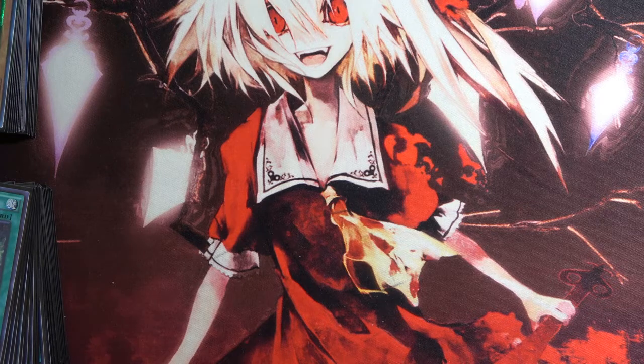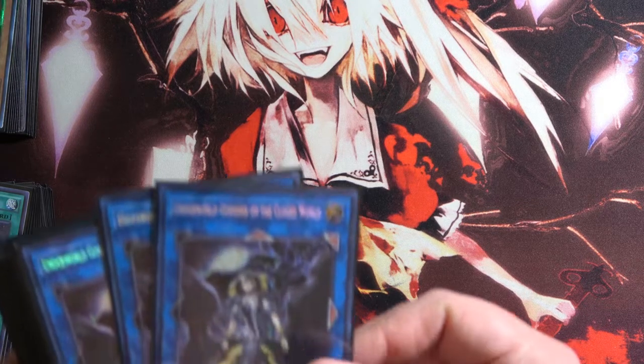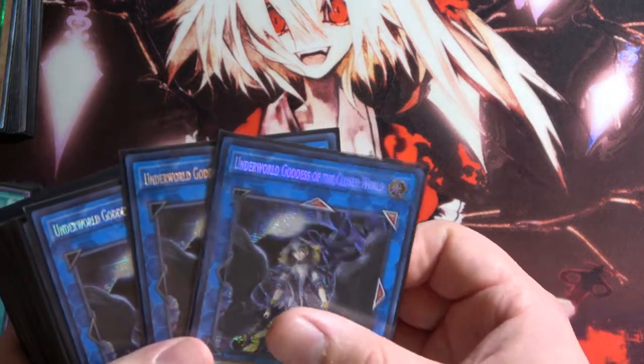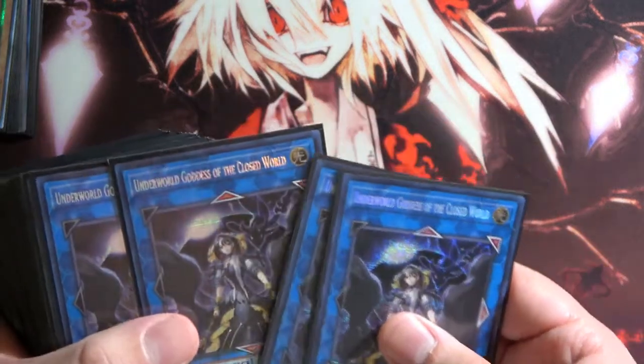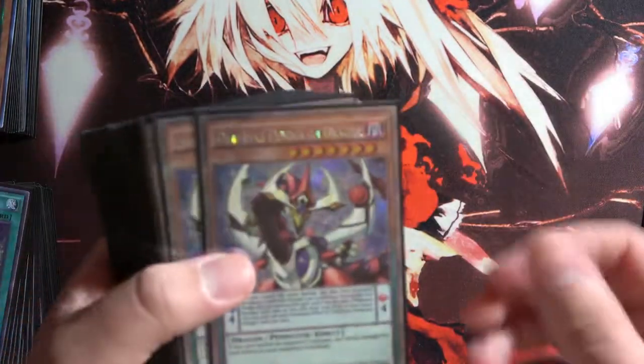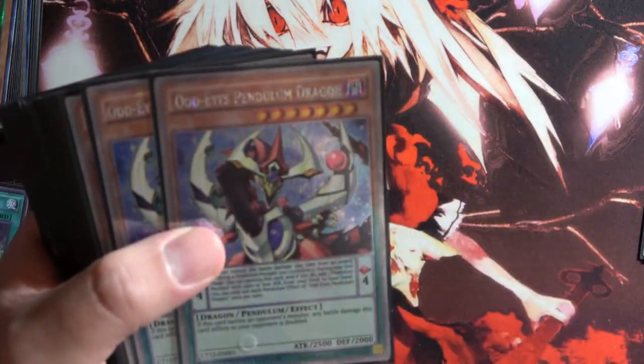Getting things kickstarted is going to be some of the extra deck stuff. I have a couple copies of the Prismatic Secret 1022 variants of Underworld Goddess. So I picked up a couple of these. Next is going to be, I believe, these were the